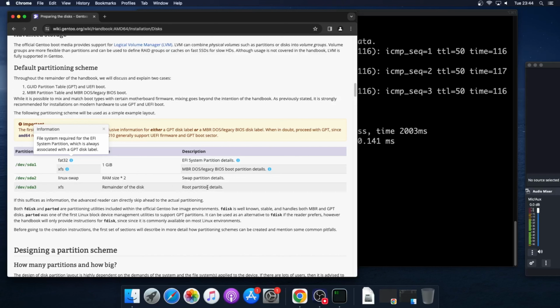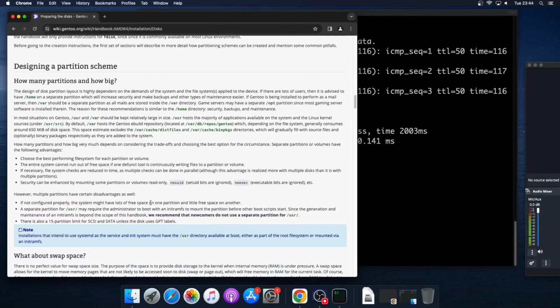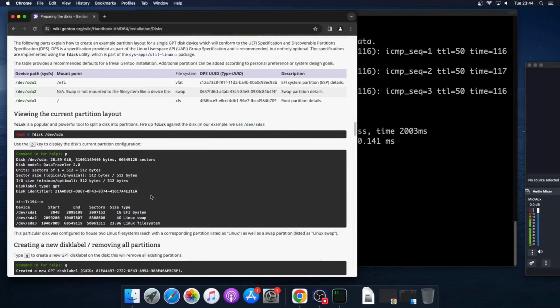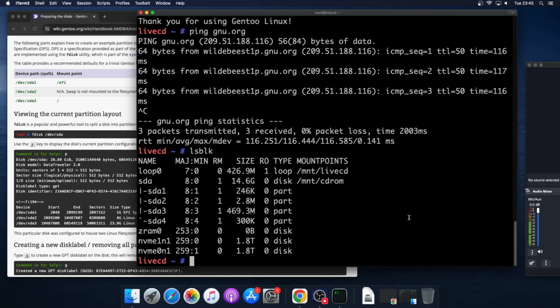But I have also another disk that I will configure with just one partition for XFS. So the commands that we have to execute is basically fdisk /dev with the drive that we want to set. So the first drive is NVMe 0n1, so we are doing